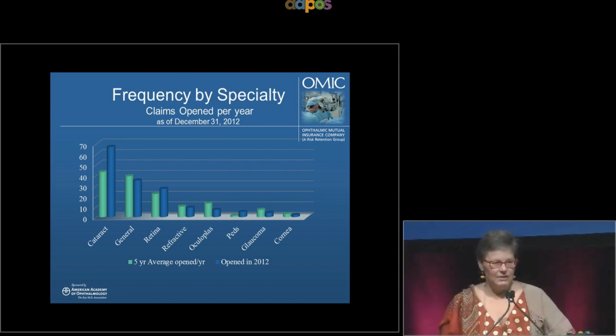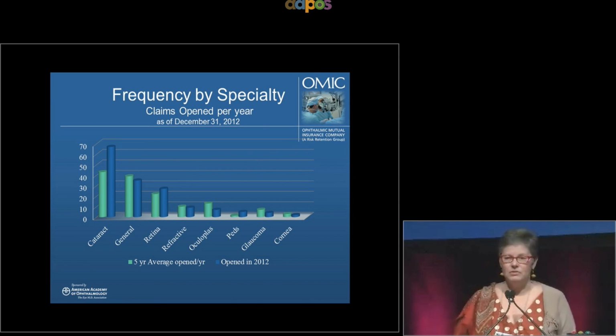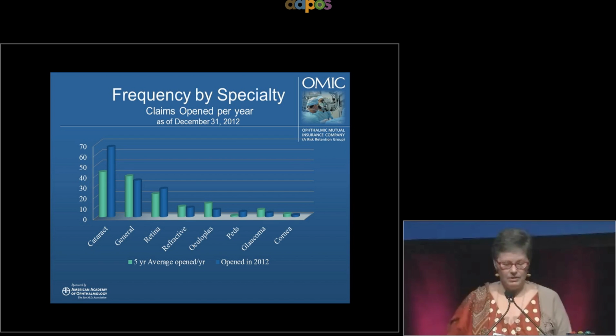So just again to give you some placement of these overall, these aren't the whole 25-year history, but it's sort of a rolling 5-year. Cataract leads the pack, which makes perfect sense. It's the most frequently performed surgical procedure in the United States and probably in the world. So just by frequency alone, you're going to get enough patients suing after that. But you can see that the second column shows that cataract is on the rise for some reason.